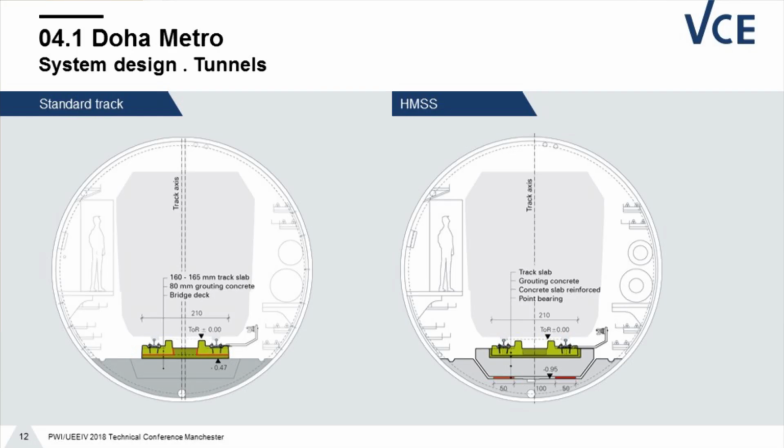Cross sections for the tunnel. There are two different types. The standard type, where no noise and vibration mitigation measure is necessary, where we just have to install our system on a finished first stage concrete, also with a total construction height of 47 centimeters. Also 80 millimeters of in situ concrete is installed here. You see the slab width is 2.10 meters, a very, very small system. In areas where we have to mitigate noise and vibrations, we have to install this whole system on a continuous floating slab, which is shown here.